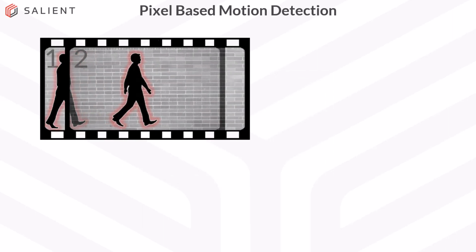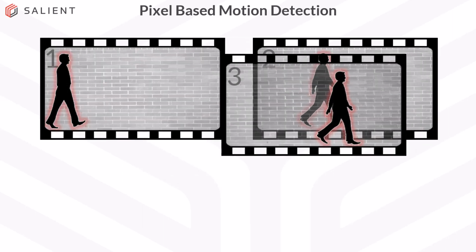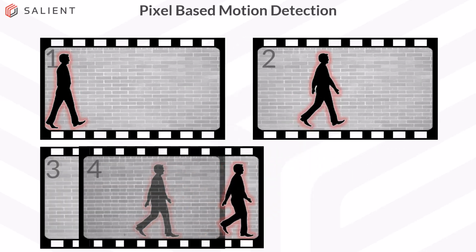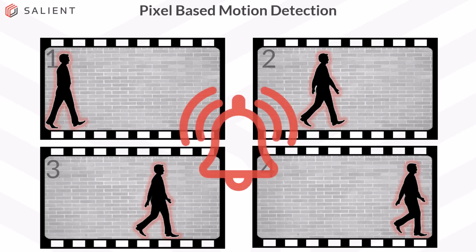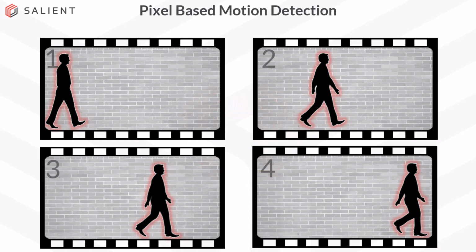Here's an example of 4 frames of video. Now in these frames, the background is consistent and the only pixels that change between the frames are the person walking. When there is a change in pixel values, the software assumes that there is motion and creates an alert that triggers recording. It doesn't matter what creates the motion with VMD, so you do tend to see false alarms